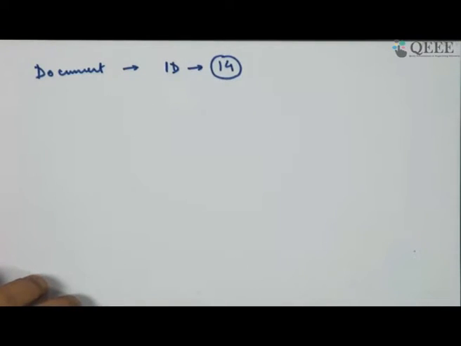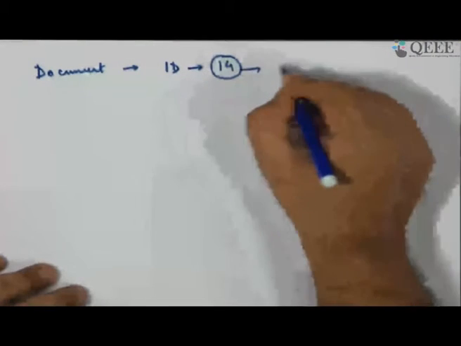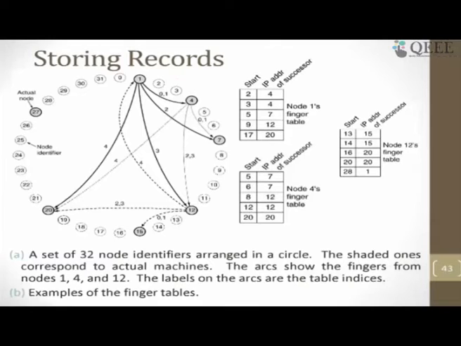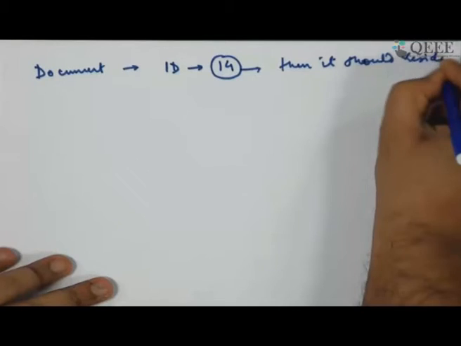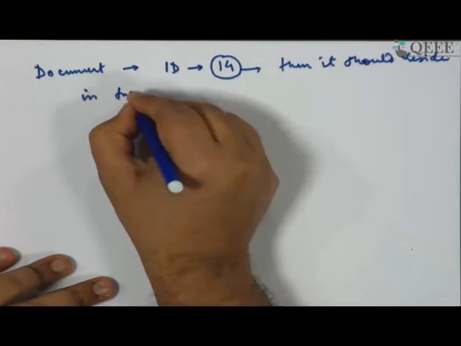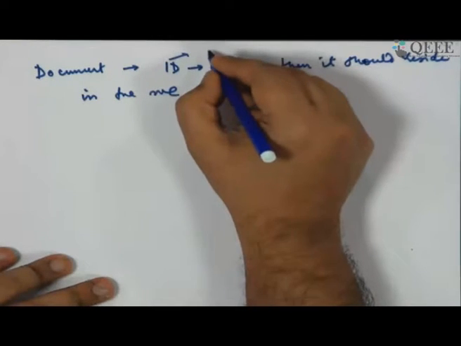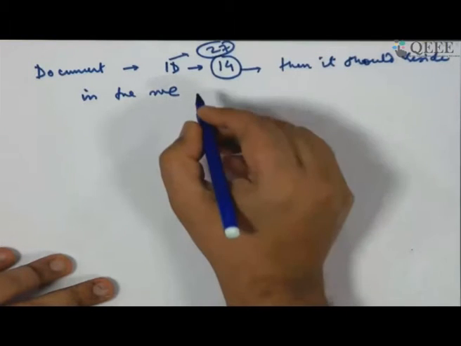Okay, with ID as 14. So if it is an ID at 14, then it should reside in the